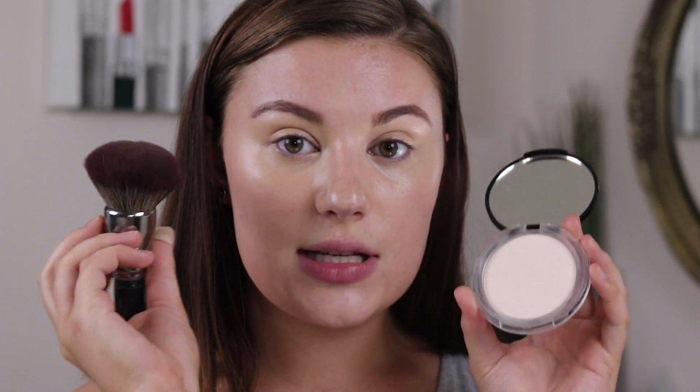And then all I do is take a setting powder. You can take anything you like. I like to use the Wet n Wild Photo Focus powder. There's one from CoverGirl that I really like, and this one as well from Catrice. It's been really hot down here again, since I'm in South Carolina now. It's really hot and humid, so I've been using this Catrice Mattifying powder, and I just take a big brush